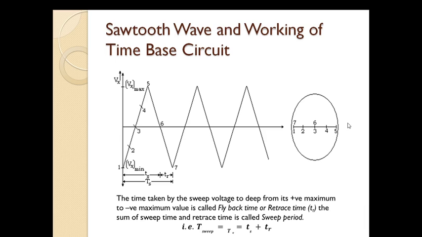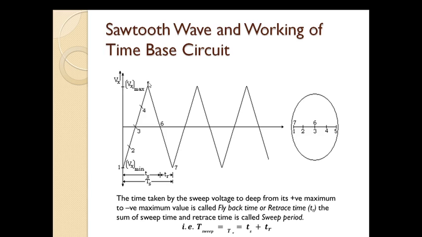So this plate on the right hand side becomes highly negative and the plate on the left hand side becomes highly positive. So the electron moves from point 6, that is at the center, to the extreme left towards the left plate which is highly positive. Then obviously from point 5 to point 7 the electron comes back, it retraces its steps back from the end point to the starting point to trace again.